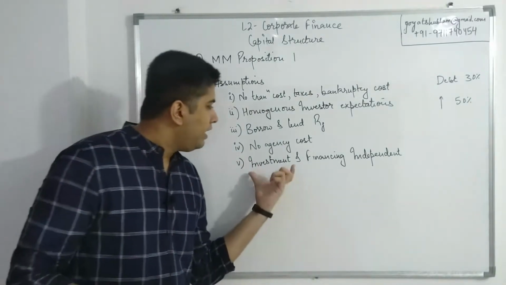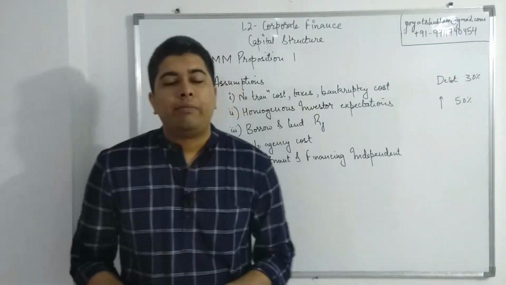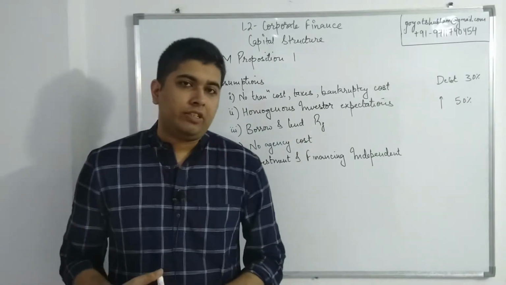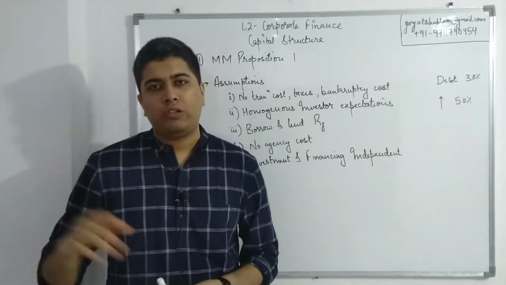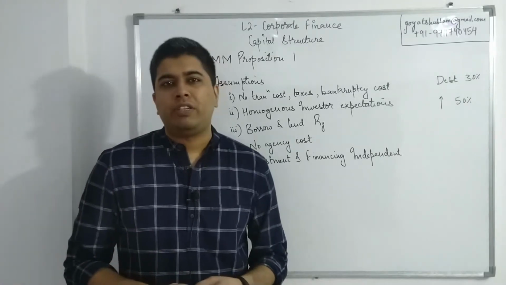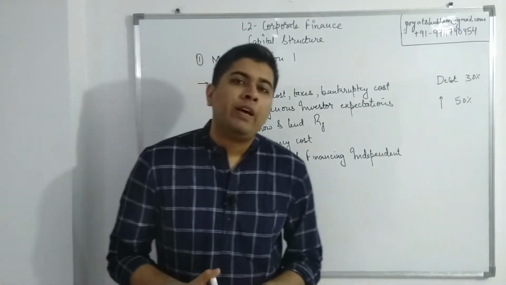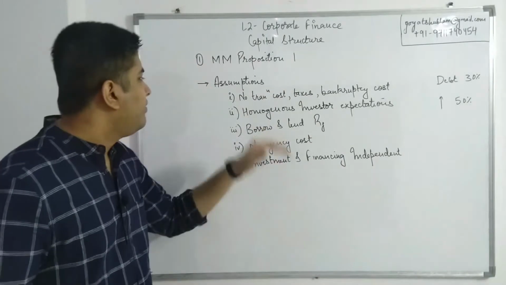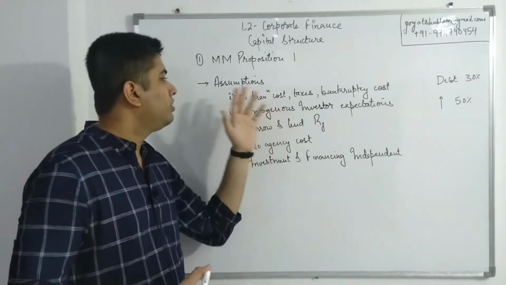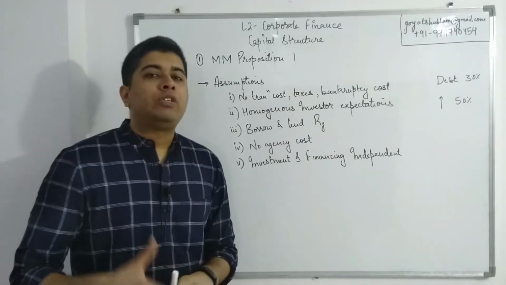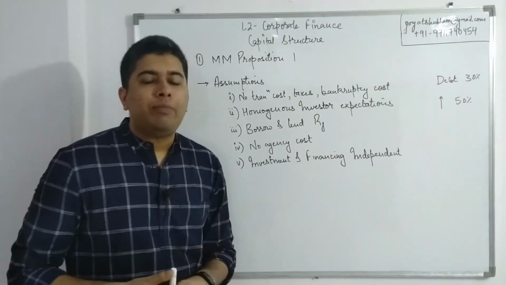The assumption says that these two decisions are entirely independent. They are not connected with each other. They are independent to some extent. We covered that at level 1 also, but they are not 100% independent. So all of these 5 assumptions are making this proposition feel like a theory which is not practically applicable, and